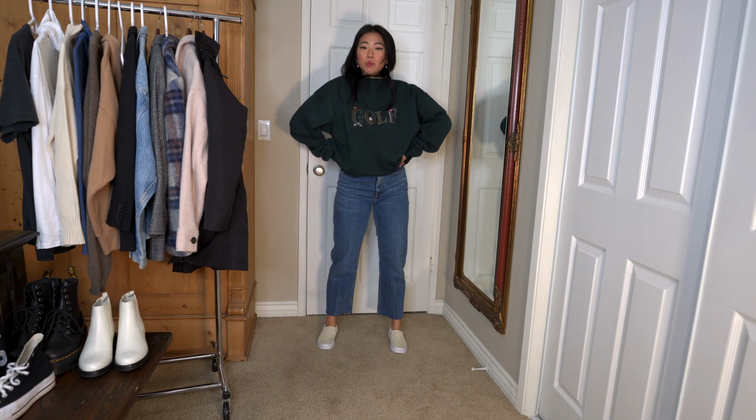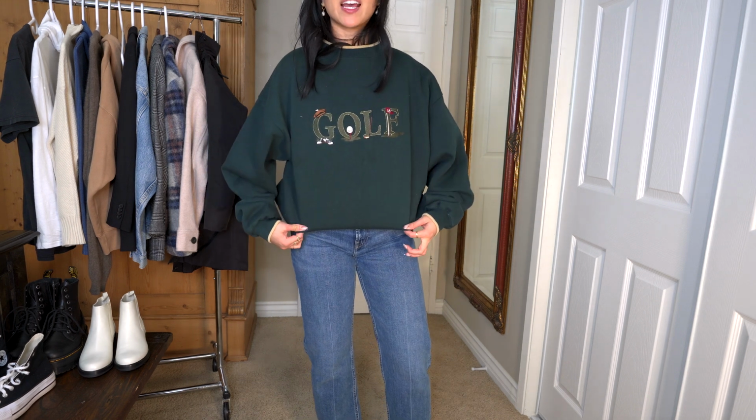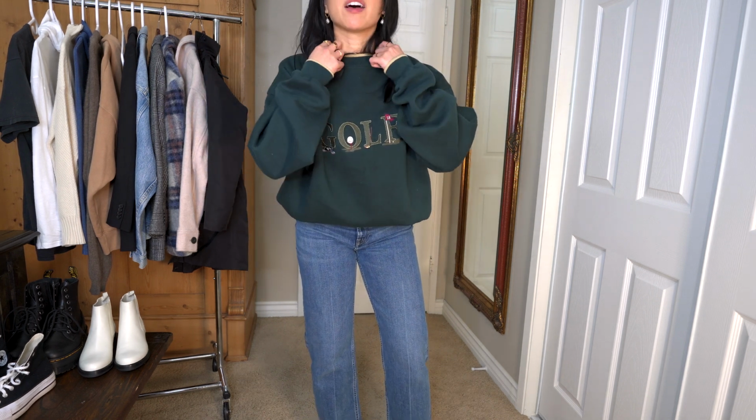This next outfit is super fun. This is actually a crew neck that I thrifted and it just says golf on it. I think it's so stinking cute. I also love that it's a high neck. It's just kind of like a simple laid back outfit, but I love these jeans with this outfit, and I